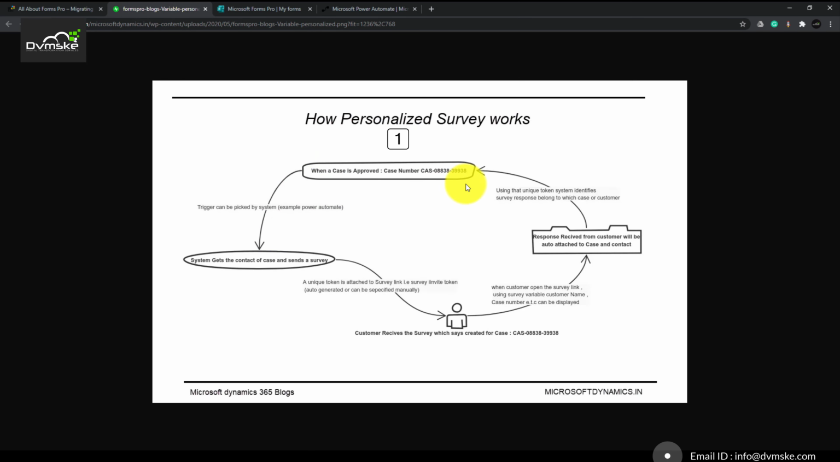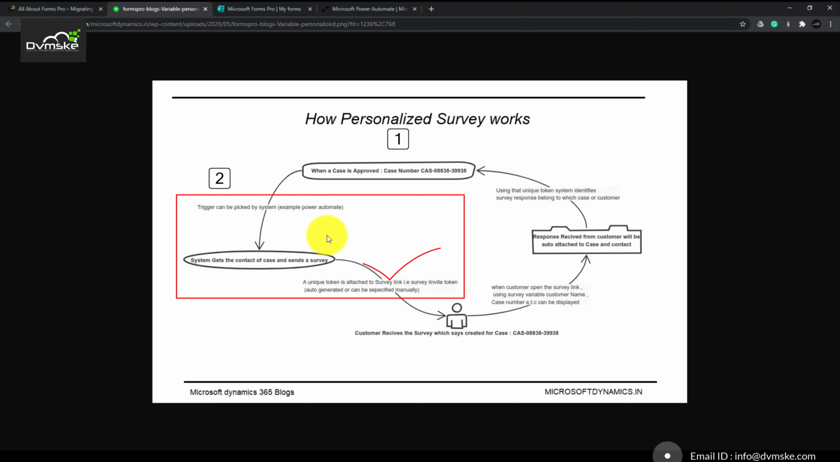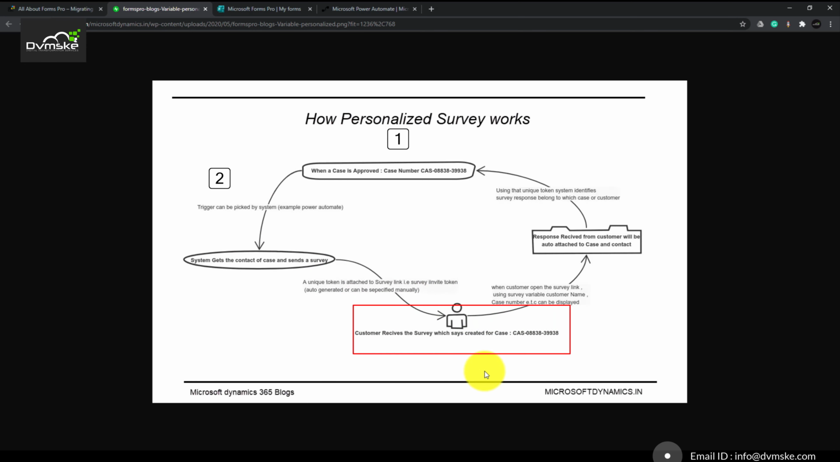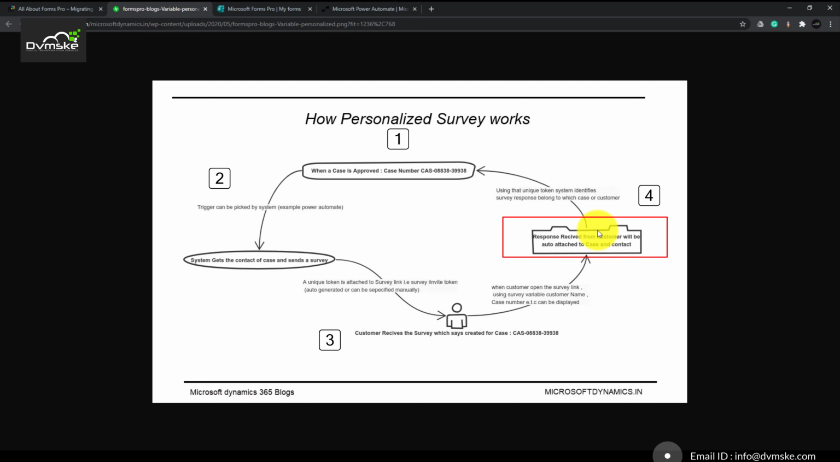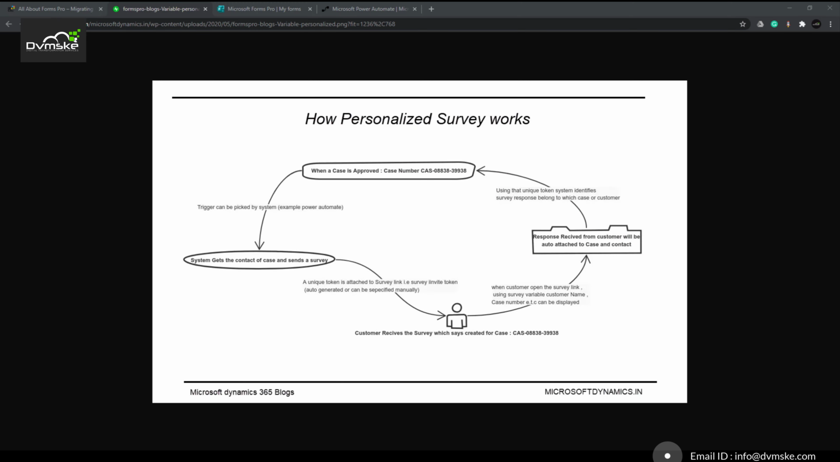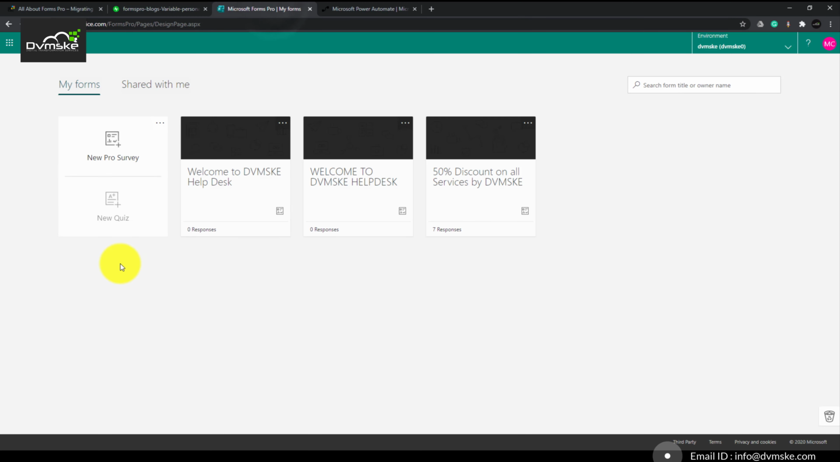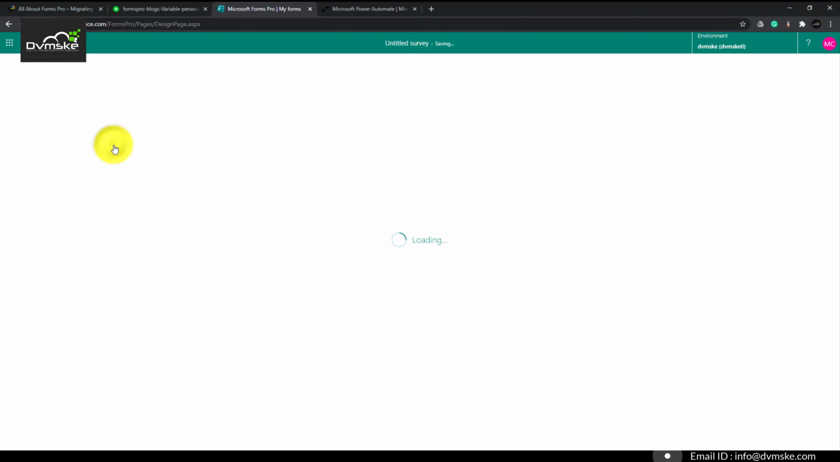We have an example saying whenever a case is approved, our Power Automate will be triggered to send a survey to the recipient, and it will create an invitation link that would be received by the recipient. Using that invite link, the user would be able to see the case number on the form. He will submit that particular form. We would get the response in CRM, and that particular response will be tagged with the case number or case record. So let us jump to the personalized survey creation, opening the Forms Pro portal, clicking on Pro Survey,